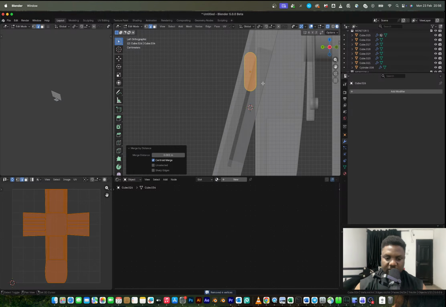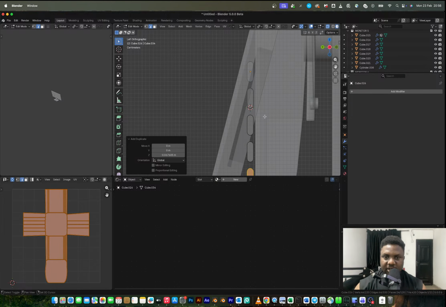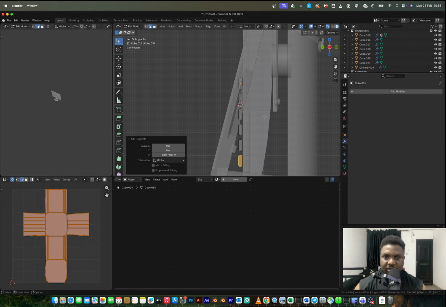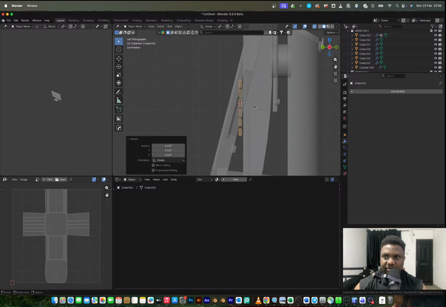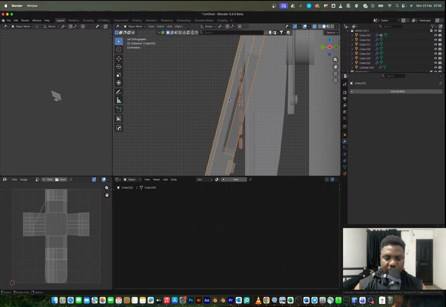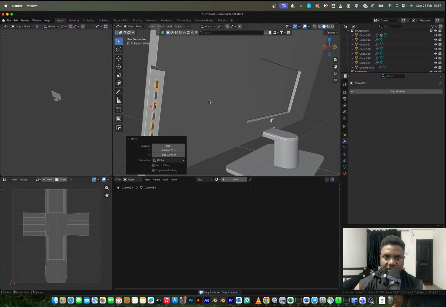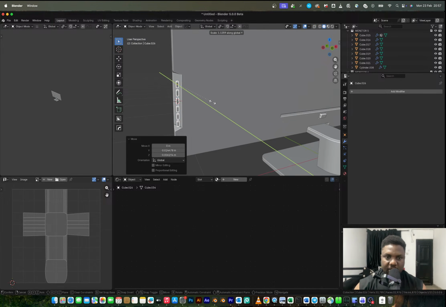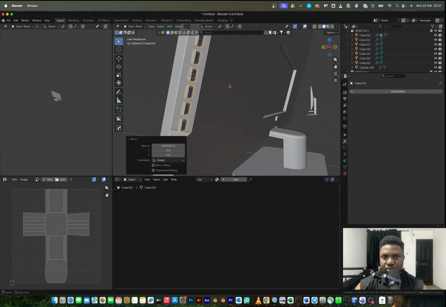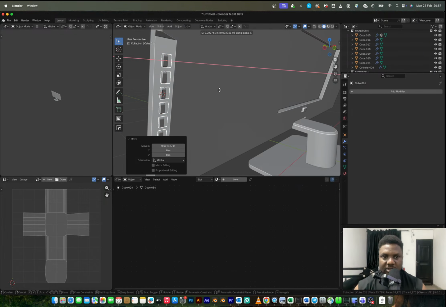Then scale that, Shift D, Z, R. I'm going to scale all of that down, and then I'm going to copy this rotation. Let me see if I can copy it. Copy rotation. Okay, copied. And then I can SX, GY. I would love to do this as a boolean, but I'm tempted to just leave this like so because